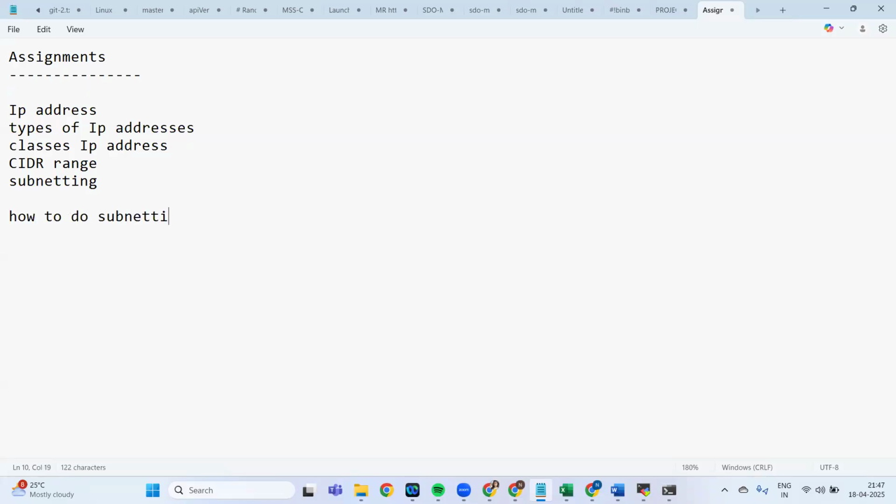So there are two ways to do the subnetting. So here you have to learn both things: according to host or according to network. Fine. So here you have to learn these two things. Sorry, these are the topics which you have to learn and you have to create an assignment. Also, you have to write these up, create a PDF, and I need those assignments. Okay, you have to share it with me. I will share my email ID on Monday. At that time, you have to share it directly to my email ID. Okay,